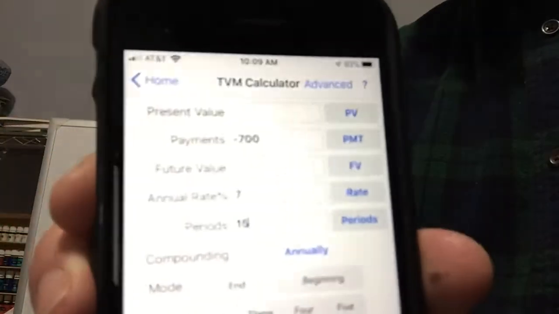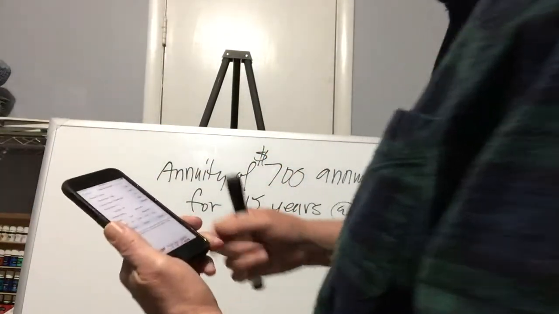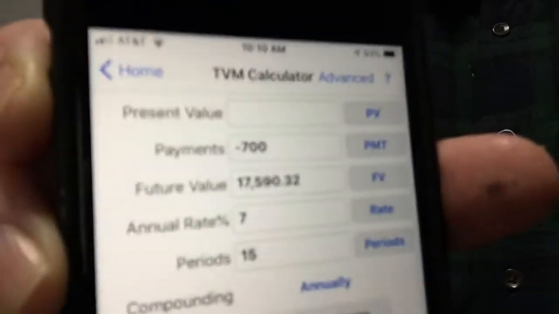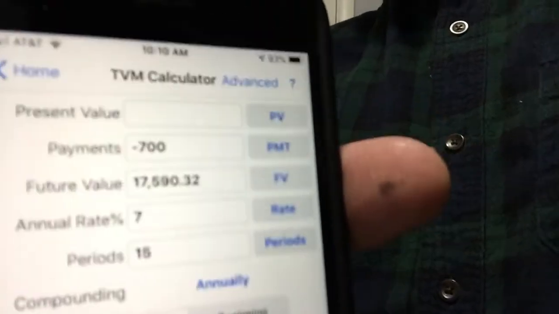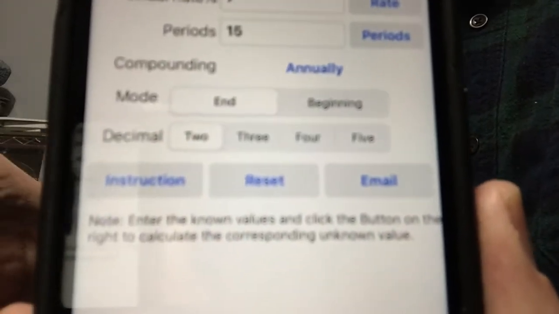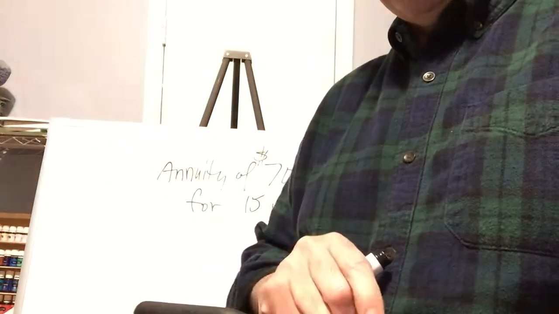Okay. So I've got all that in, and now I want to see what it's going to grow to. So I'll hit future value, and the future value of that now is $17,590.32. Okay? So that's compounding interest where I'm putting $700 every year in, assuming, now you'll note this, assuming that I put it in at the end of the year,